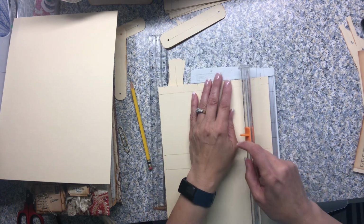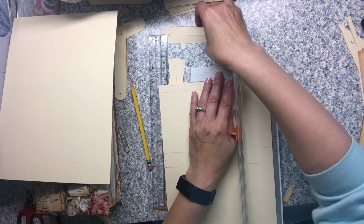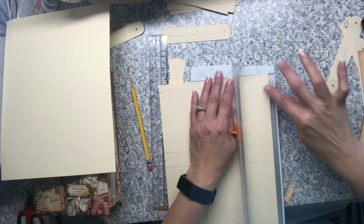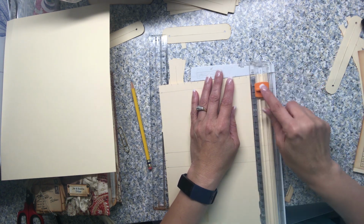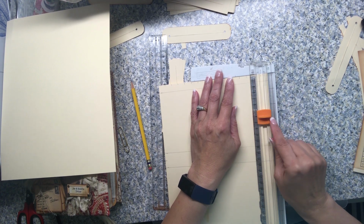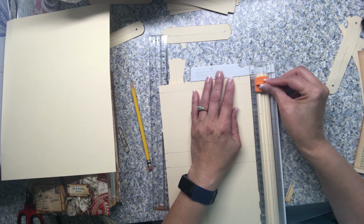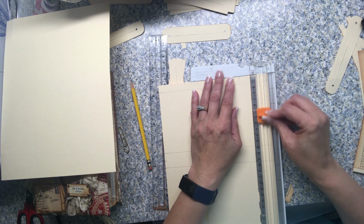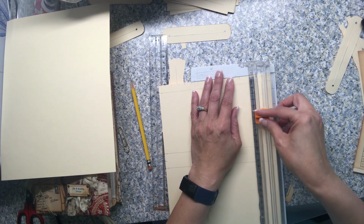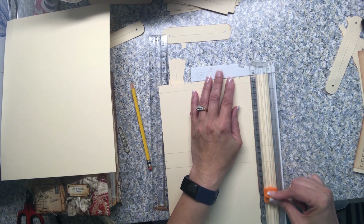So, first thing I did, this is my cut mark, because this is going to be my one piece. So the slit is this mark right here. And again, this little blade will stop right here. This is where it's going to stop. So I'm going to get as close to that drawn pencil line as I can without going over it. If I do go over it, it's okay. I'm going to pick up my blade, come up behind this line,